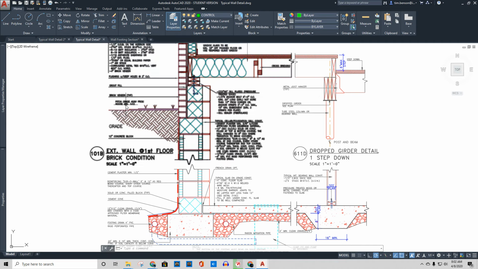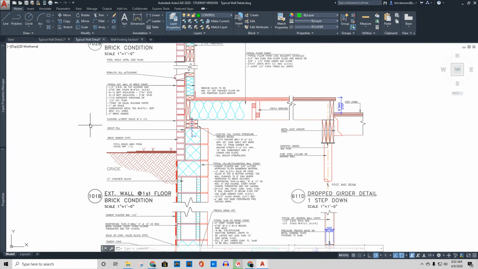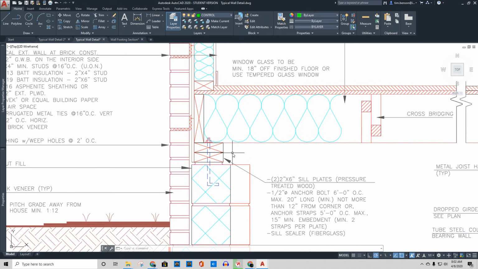As I continue up, notice where the brick comes down, it goes to below level. And this doesn't tell you what your pitch is, well, it does, 1 in 12, but it's not much of a slope there. So we just keep going up the house. We can see all the bits and pieces. This has actually got a double mud sill, two 2x6s for the mud sill. You can actually see the J-bolt right there, it's the blue dotted line. If I hover over it, it's going to try to